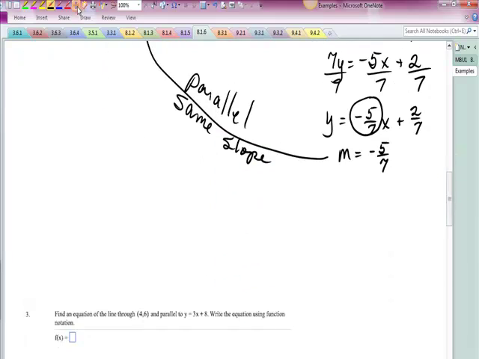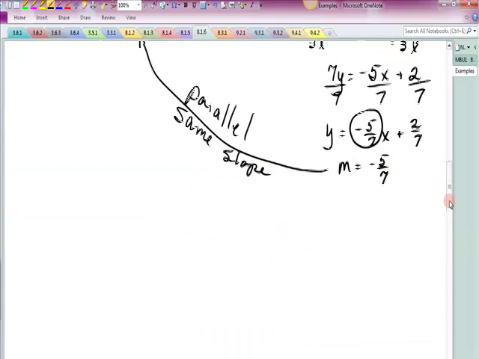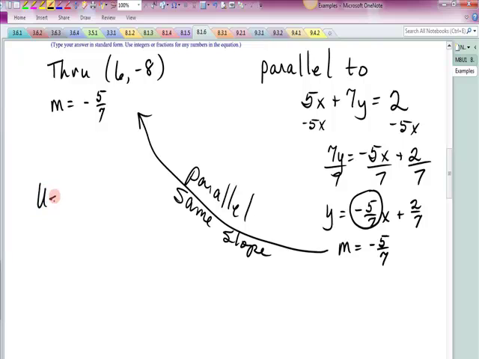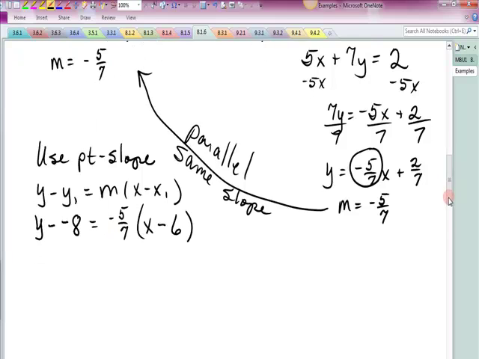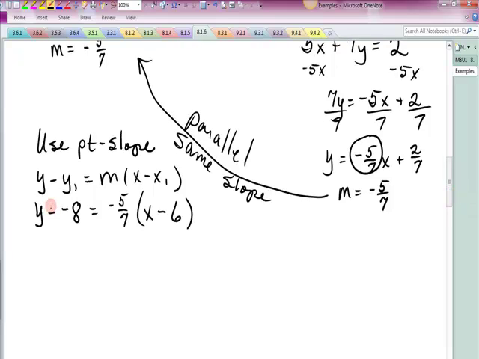All right, let me give myself some room, because now I have a point, I have a slope, so I use point slope. So y minus y1 is equal to m times x minus x1. That's y minus negative 8 is equal to negative 5/7 parentheses x minus 6. I'm going to have to be a little more careful, because I am dealing with a fractional slope. Minus minus means plus, so I have y plus 8 is equal to